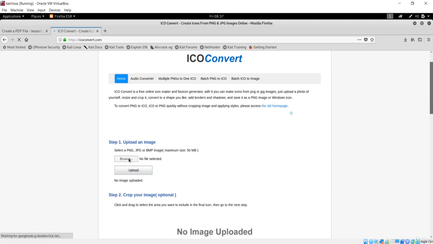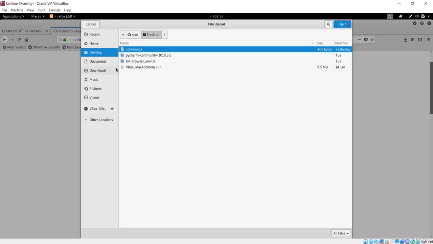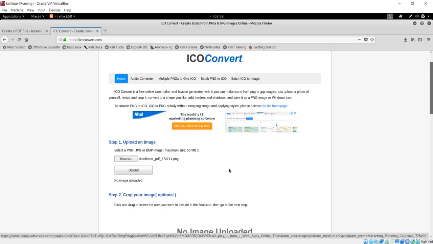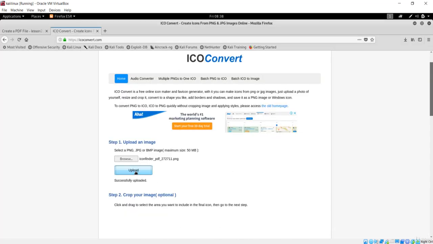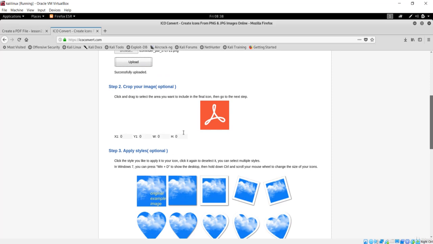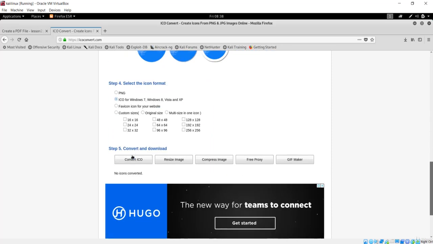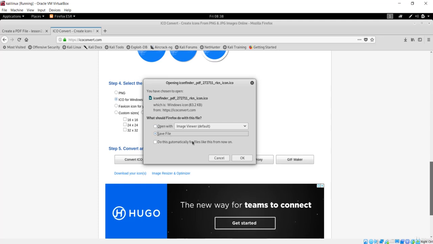I have the icon in my downloads, and I'll just upload it. Now we have a cropped image, and we can convert this to ICO. So I'll say convert it and download my icon, and now it is giving us the information.